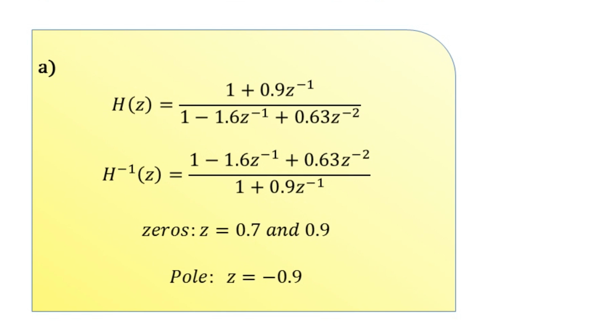Now let us focus on finding the solution for part B. In part B, we were asked to find the power spectral density for the discrete-time random process x(n). It is represented by capital gamma xx of omega, which is equal to the variance sigma squared of w multiplied by the filter function H(omega) times H(-omega).